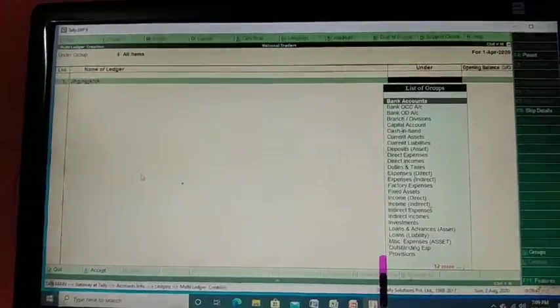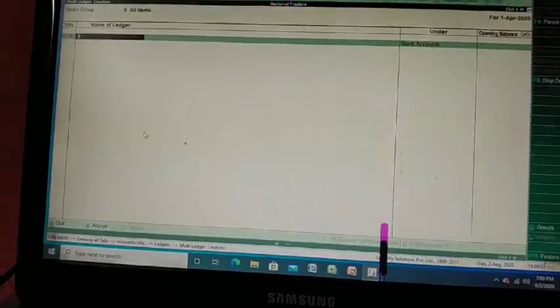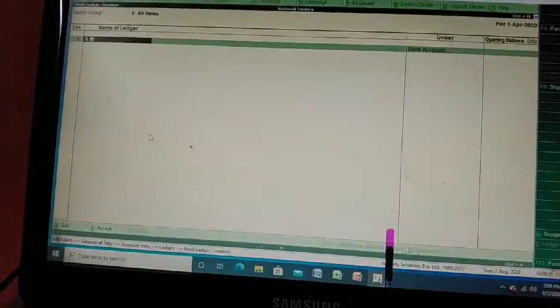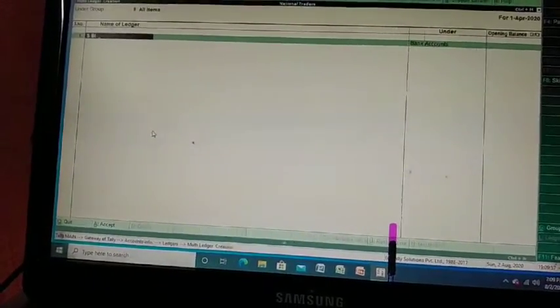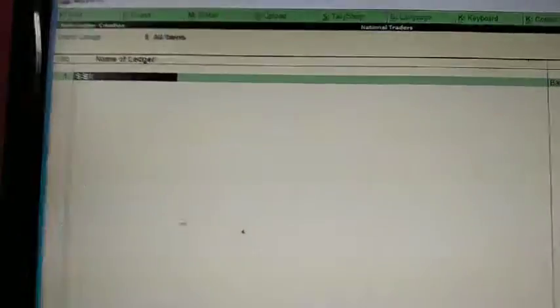So after giving some name for a ledger, you have to select the appropriate group, or else you can give some bank name, for example SBI, enter.